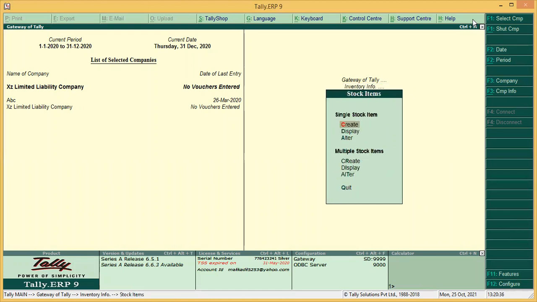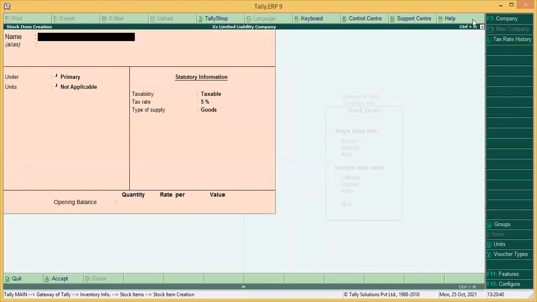See, you are recording the item. You are creating the new item. While creating the new item, at the same time, you just need to press Alt C. When you bring the cursor here, let me show you, just press Alt C and a new window will open. So this is the shortcut key which allows you to create units of measurement even while recording the new item. So that's all about the creation of new items.